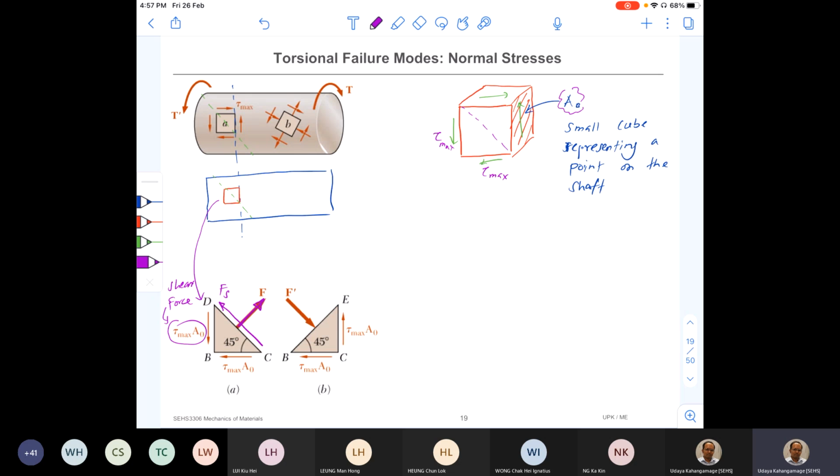We don't know what the size of that is, and there can be a normal force F, and also we don't know what the size of that is. But by writing the equations of equilibrium for this small element, we should be able to find F and Fs. Okay, so what I'm going to do now is write the equation of equilibrium